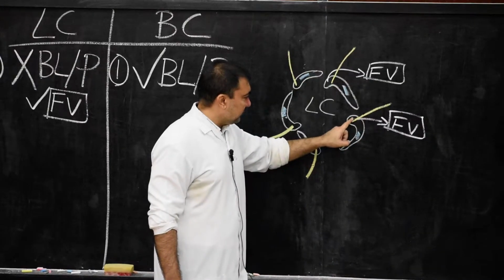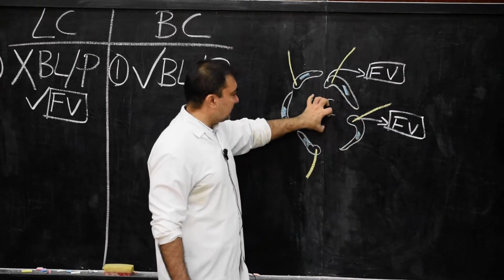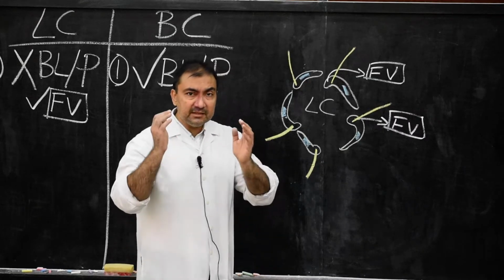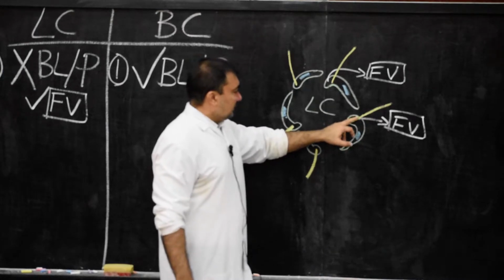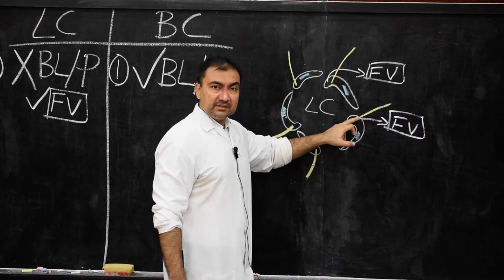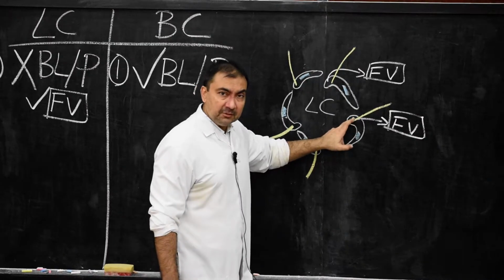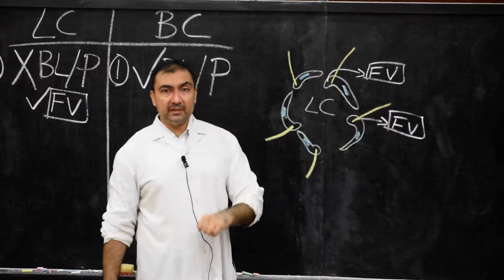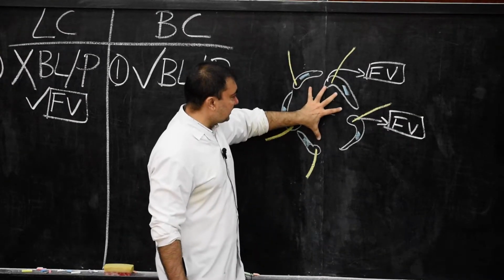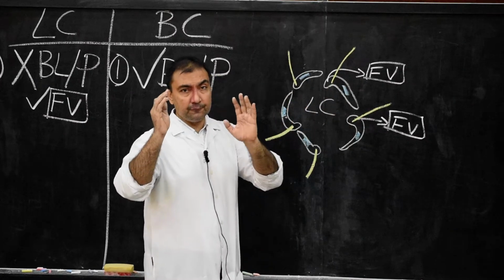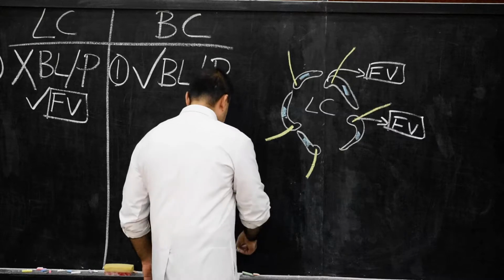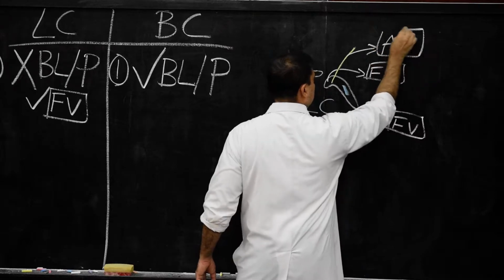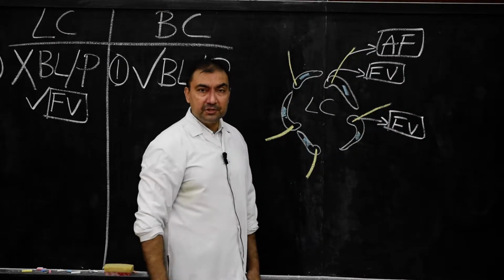So because of these flap valves and anchoring fibers, it will prevent the collapse of the lymph capillaries in increased pressure. So in increased amount of tissue pressure, these anchoring fibers attached to the flap valves will prevent the entire collapse of the lymph capillary. So the lymph capillary will remain patent, open in cases of increased tissue fluid. Therefore, here I will mark these structures as anchoring fibers which are attached outside to the connective tissue.